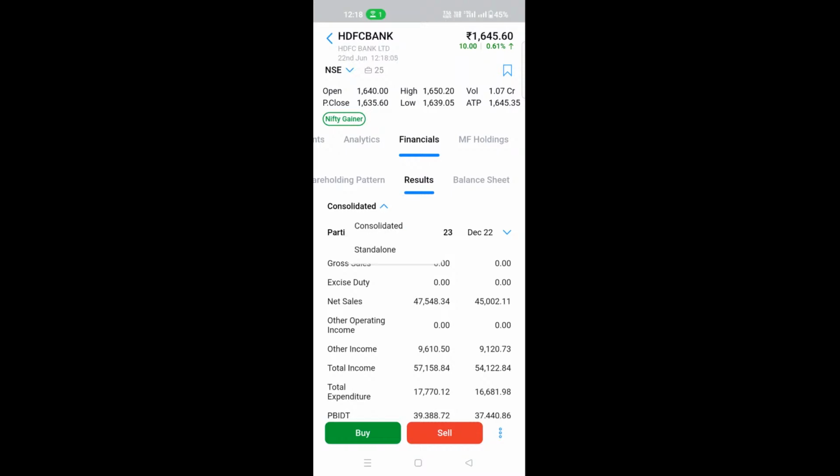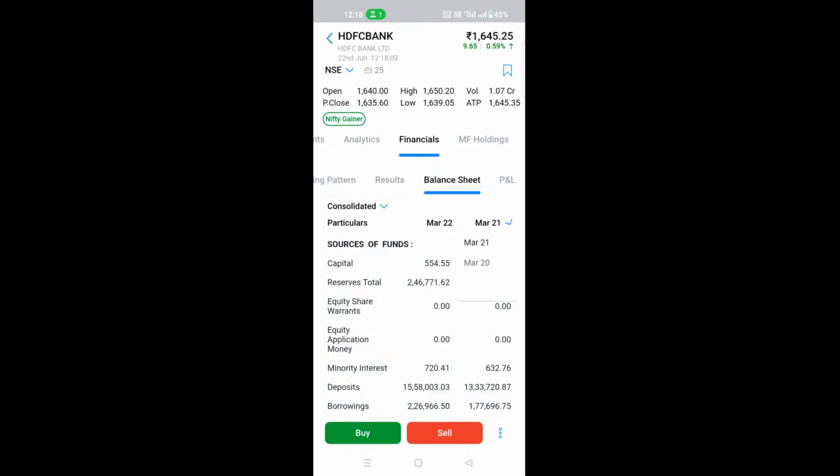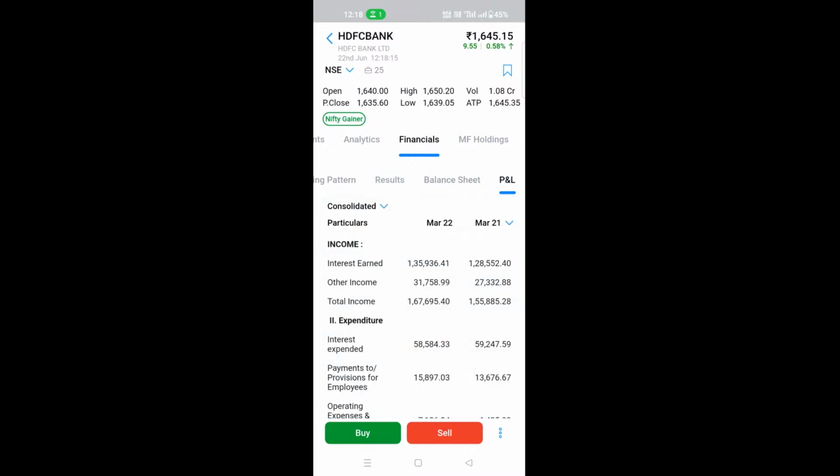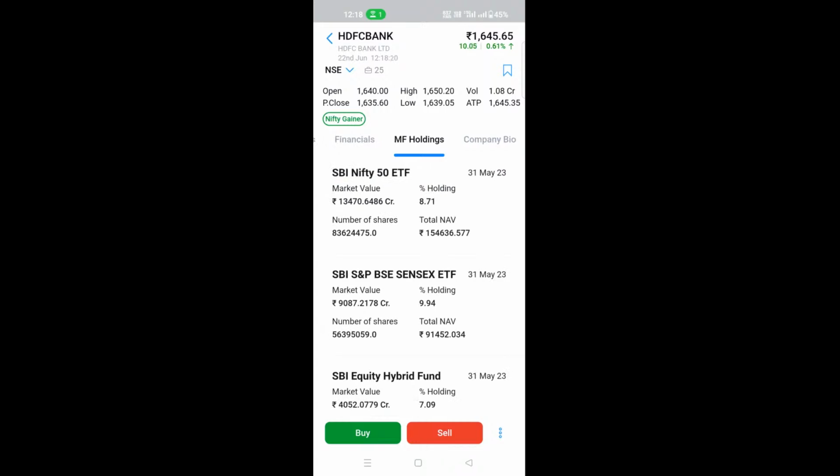It could be consolidated or standalone. The balance sheet of the stock, again, you can compare it with the previous years vis-a-vis the latest one. Its profit and loss statements. And this one is again my most favorite one in terms of the MF holding, because sometimes what happens, there